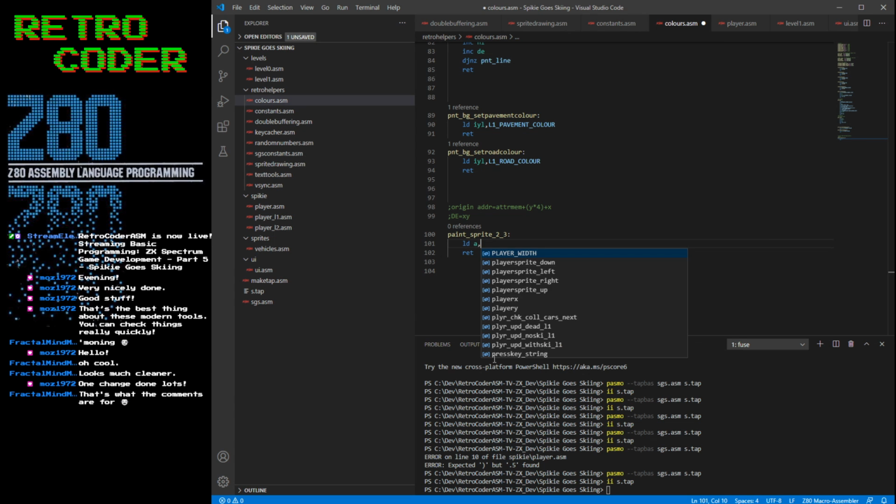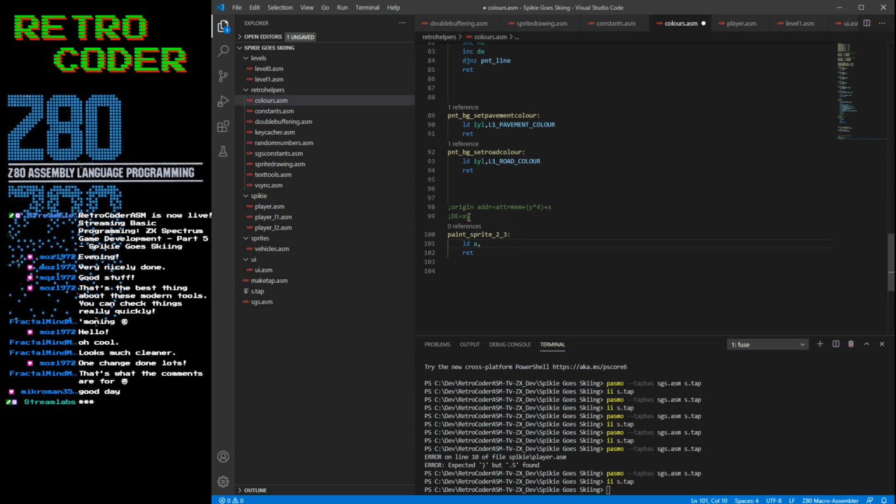So of course you can't use A, and the reason for that is it's gonna. Oh, hang on a minute. These are only character cells, so we can use A. Wait a minute. If Y is 24,